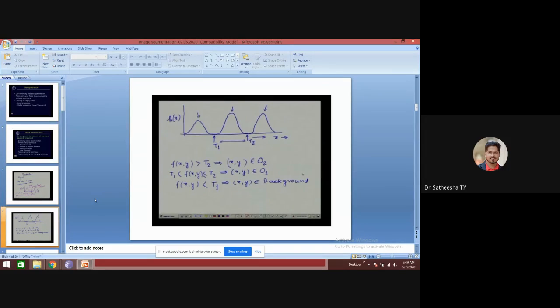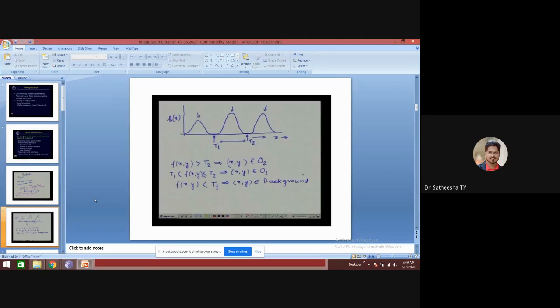Even in case we have histograms with more than three peaks, similar classification is possible.